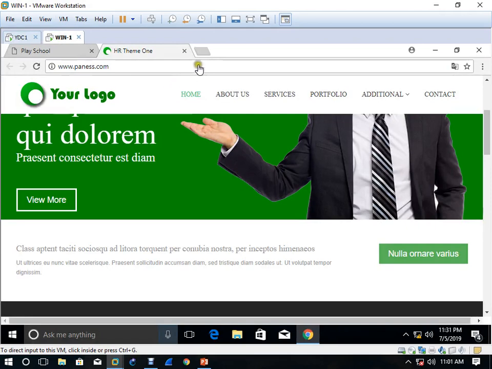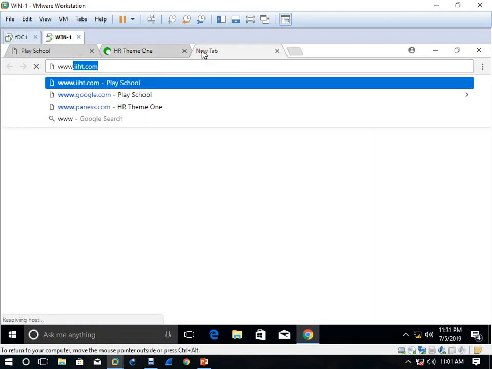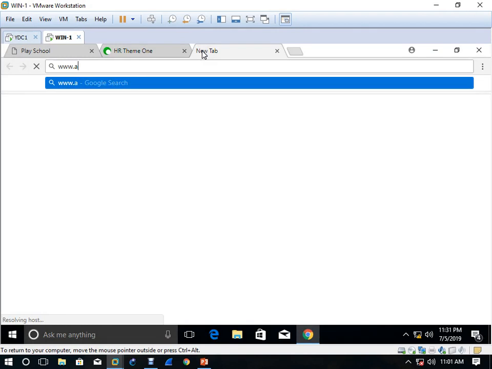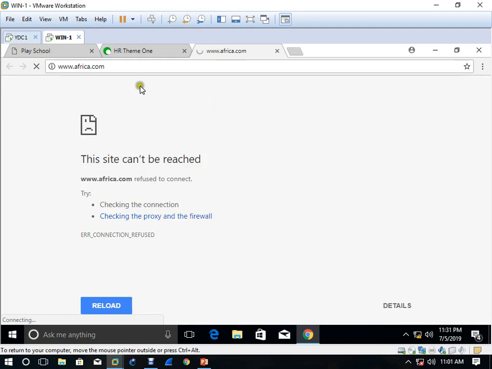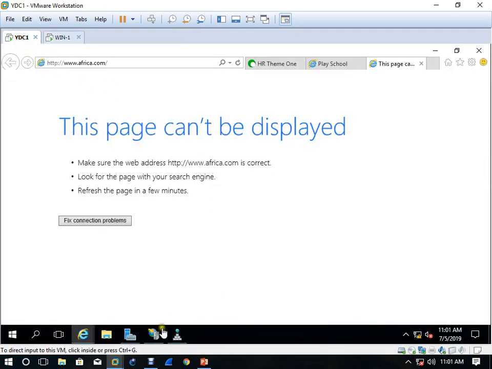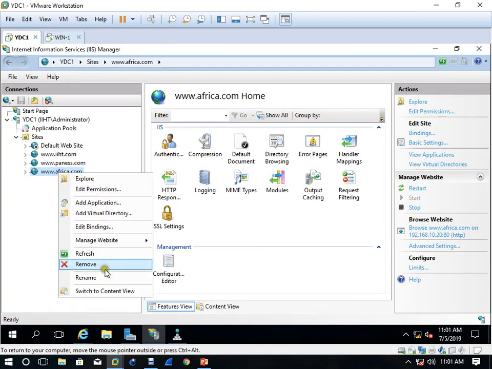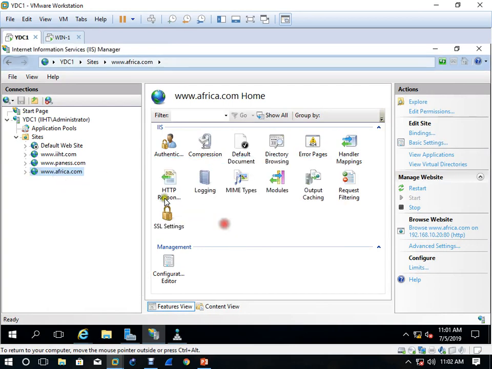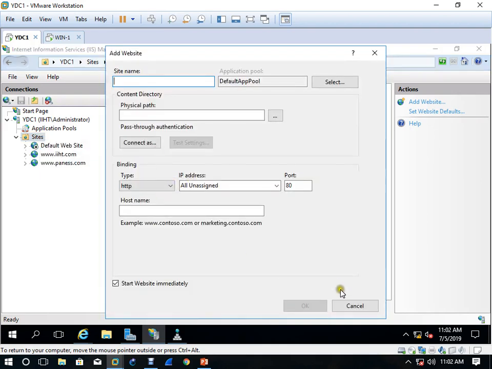I think, see why we are getting error, because in IIS, while deploying this web server, let me remove it. Maybe suppose I am going to deploy it, add website.